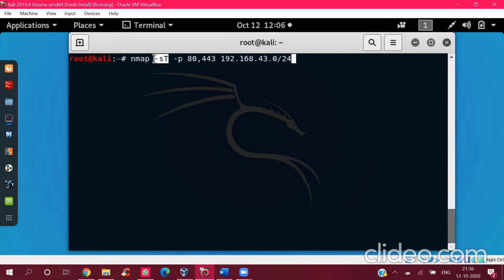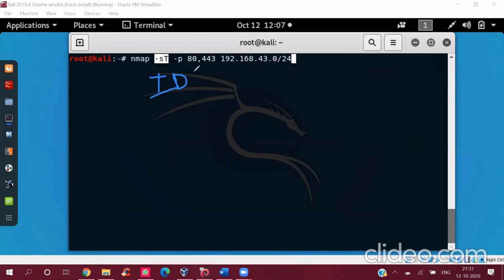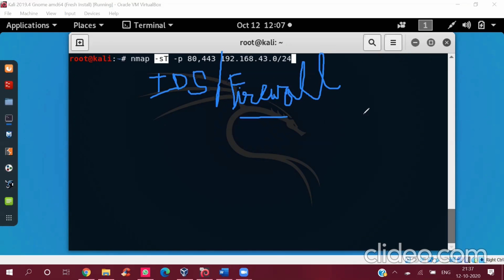Now we might face a little bit of a problem. Commands like these might be a little intrusive on a network because of security features like an IDS, an intrusion detection system, which is often built into a firewall, that might catch on to this and might get you in trouble.